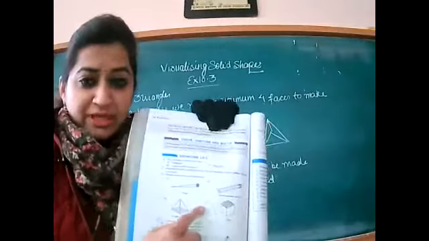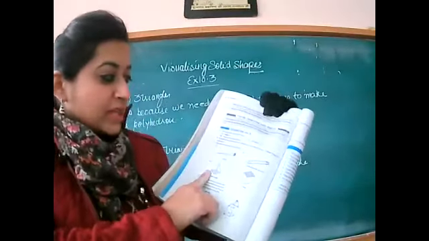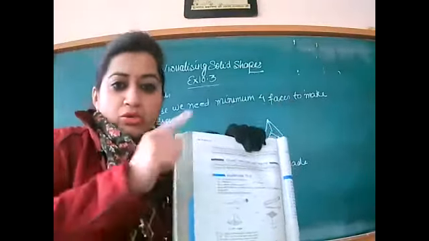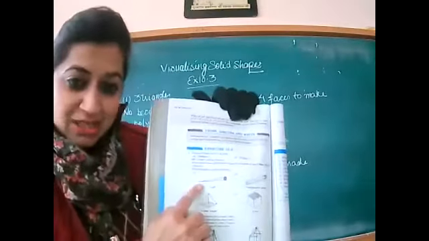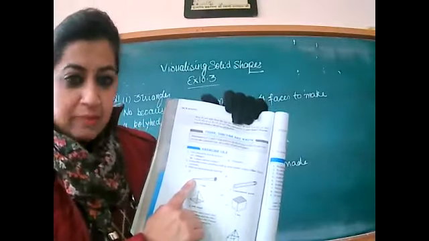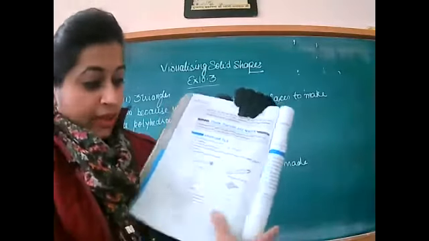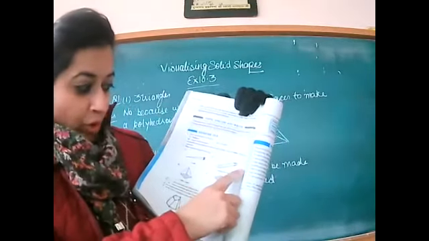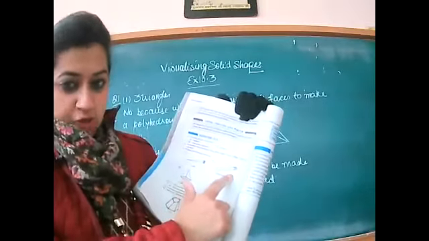These four figures have been given to you. It asks which of these is a prism. What is a prism? Whose top and bottom are the same. Are the top and bottom in this nail the same? No. So it is not a prism. In this, the top and bottom are the same, that is hexagon. So it is a prism.